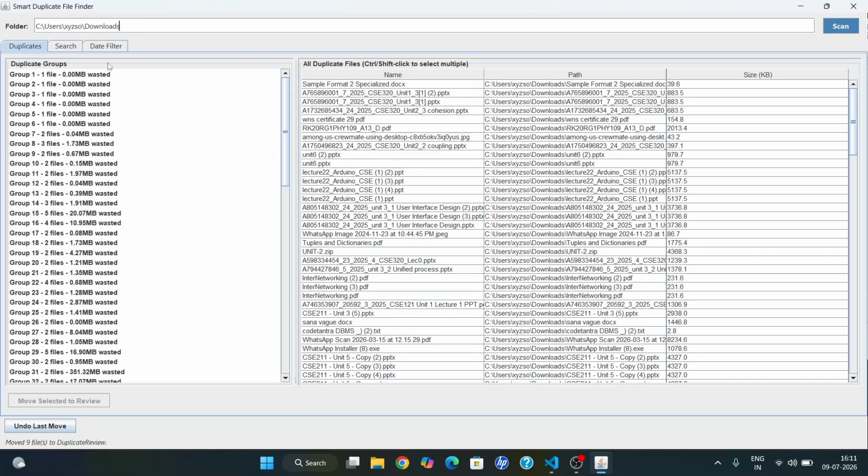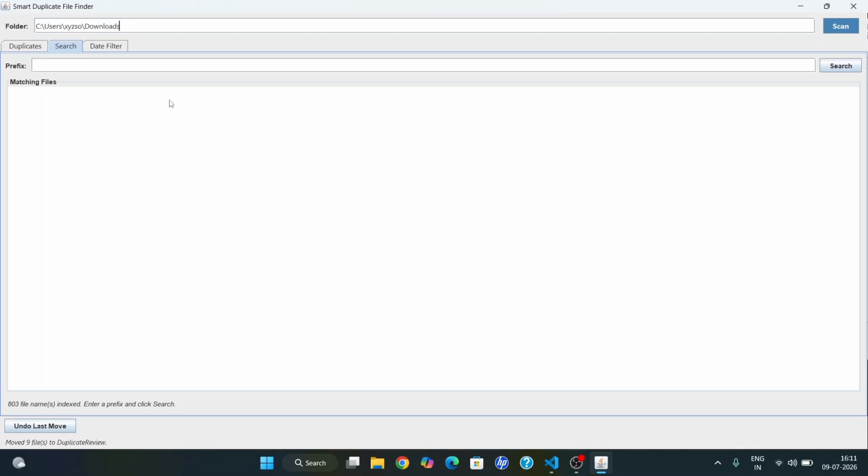Then here we have another feature that I want to explain, that is search. After moving to search, here it asks for the prefix. Along with duplicate file detection, Smart Duplicate Finder also provides a file search feature. Here, users can search for files using a file name prefix. For example, I will put